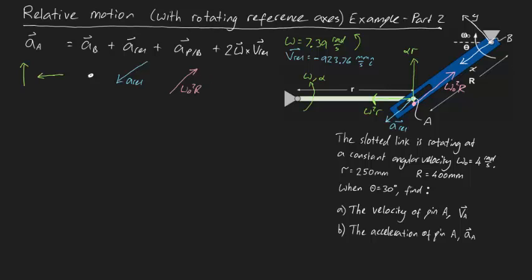Now, I'll just use orange to describe this. I don't usually like to explain the intuition behind the Coriolis acceleration. I personally prefer to just evaluate the cross product directly. So let's do that. This will turn into 2 times the determinant of I, J, K of omega. Now, omega in this context is actually omega naught. It's the angular velocity of our